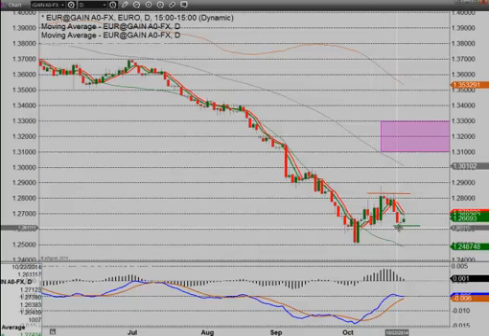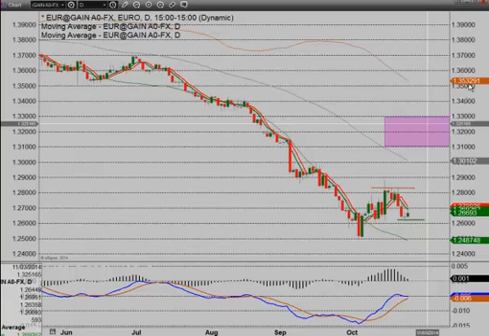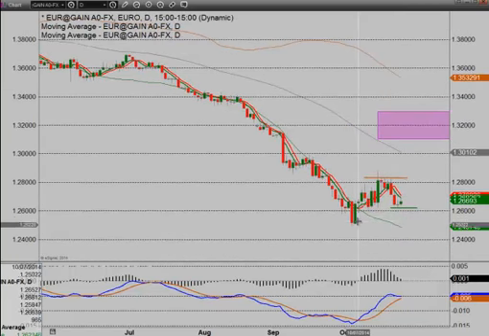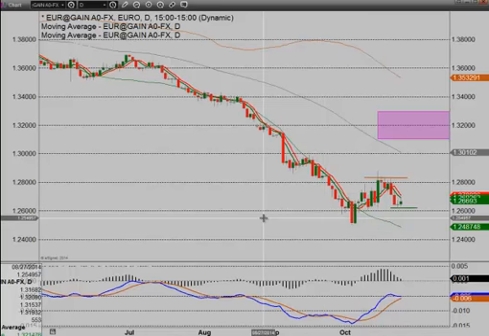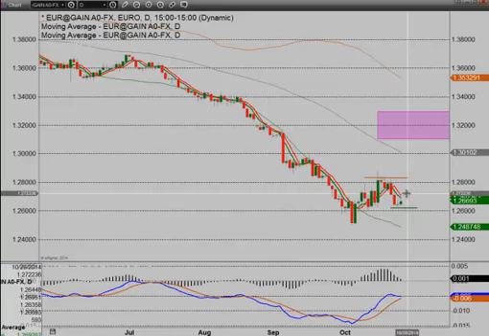Shorter term, it's really just a matter of this level here, just above 126. If that gives way, then we think you'll see lower lows in a hurry in that market. Again, it's back to what we talked about with the Aussie and the Swiss franc also, where a dollar correction would be normal, it would be welcome, but it can just as easily take the form of a sideways move rather than a more violent rally here for the euro.